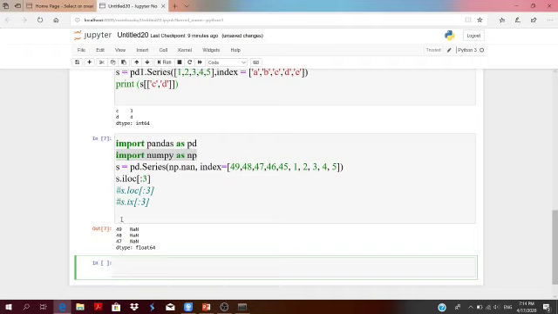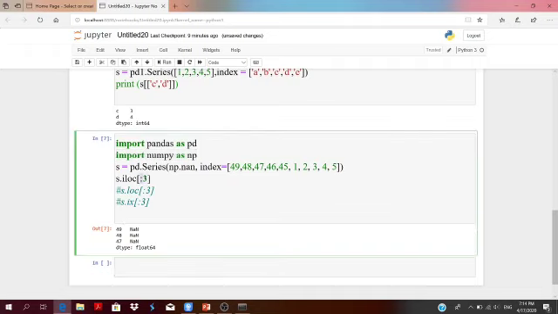Run this code and it will give you 49, 48, 47 according to the indexes 0, 1 and 2. The labels are 49, 48, 47 and the values are NaN, null values. So in this case you will work with the ILOC function.